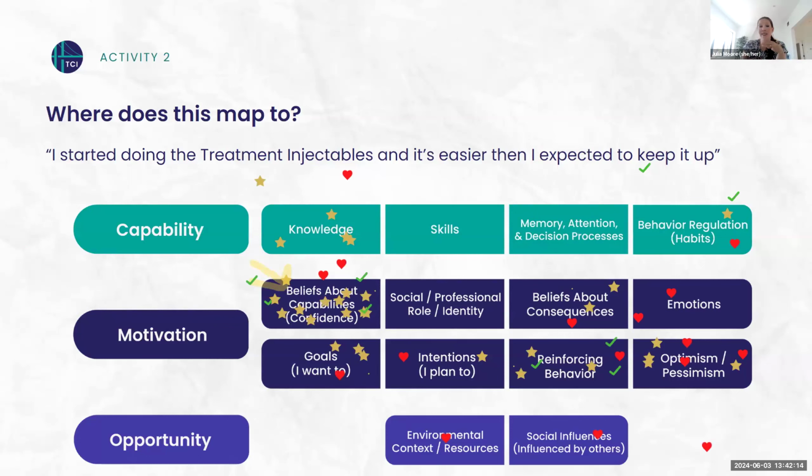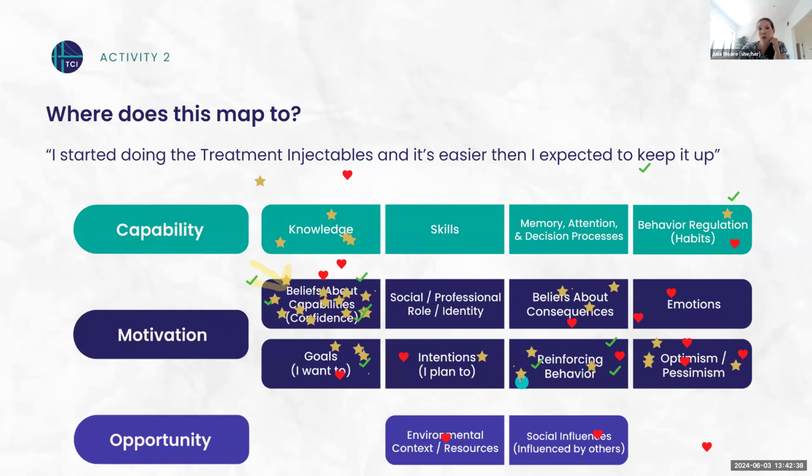I think there are kind of three places I would default to, all in motivation. Beliefs about capabilities, kind of like, hey, look, this is easier. I'm actually growing in confidence the more I do this. I think that could be related to a general optimism they might be experiencing, just based on the way I read the statement. And optimism is hard to judge if you only see a statement, but if you talk to someone, you can feel the optimism or pessimism that might be going on.